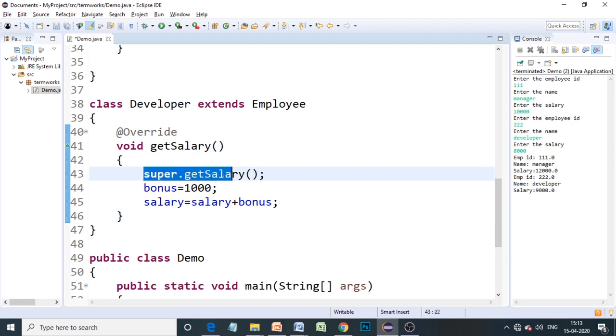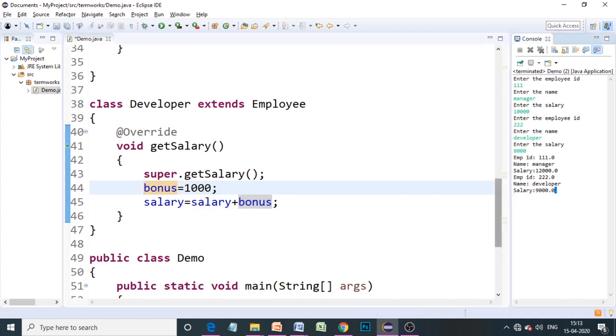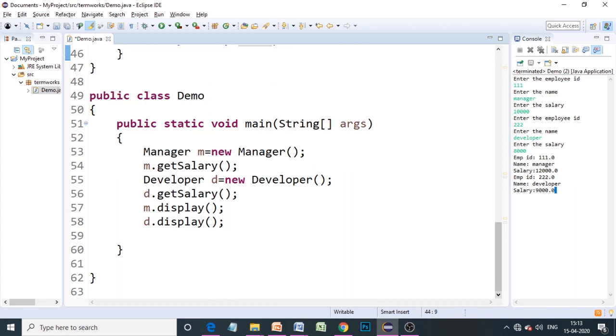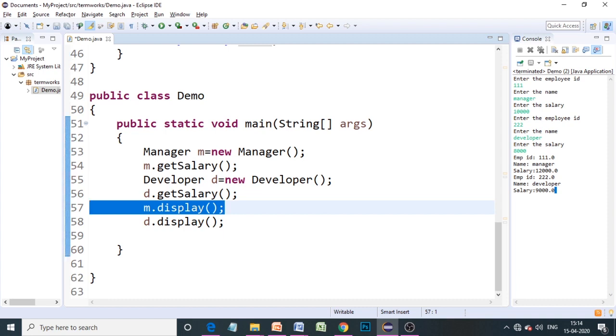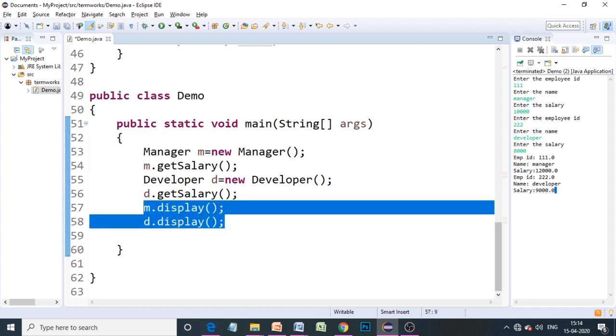So it will go to the get salary of that, and then it comes back to the developer class. Bonus is 1000 rupees that got added, and the total salary is 9,000. So this is the reason why we are getting the total salary as 12,000 and 9,000 over here, and we are getting those outputs because of these calls to display methods.